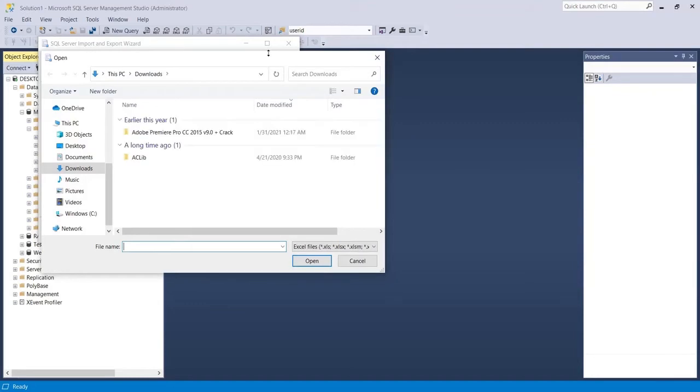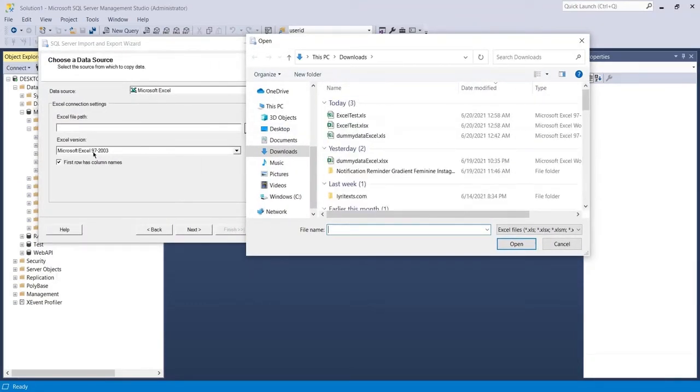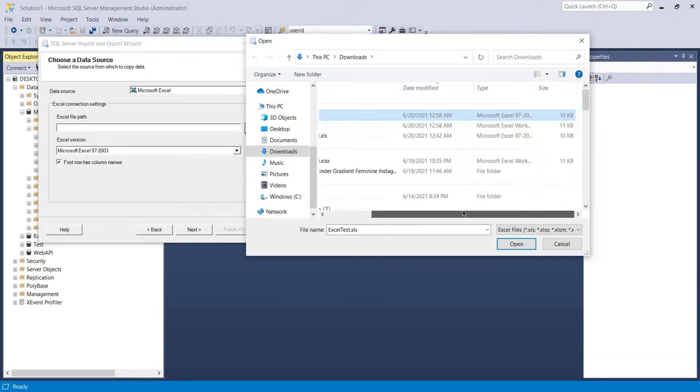Make sure that you have chosen the Microsoft Excel 97-2003 version. Here you can see I have the Excel file with extension XLS, which is the 2003 version of the Excel document. So you can see the type is Microsoft 97-2003 workbook.